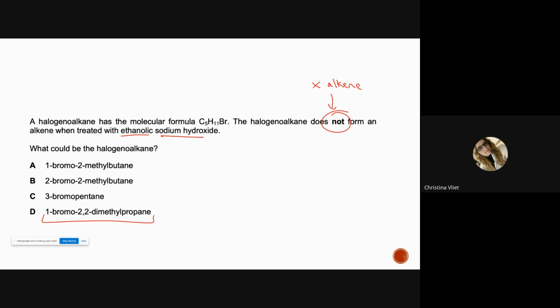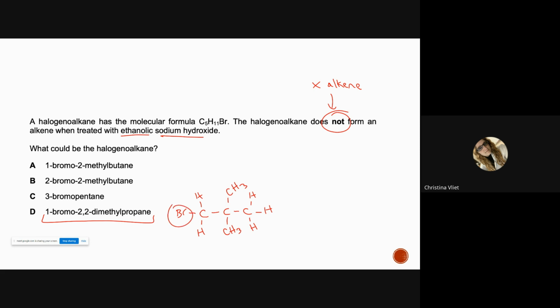Draw it out any way you like, but I'm going to go ahead and draw it out. It's propane, right? So C, C, C. Then on the second carbon, I have a methyl on the top and a methyl on the bottom. On the first carbon, I have a bromine, and then I got this, and this, and this, and this, and this. And I think I had taught you, when we did elimination, last class, you take away